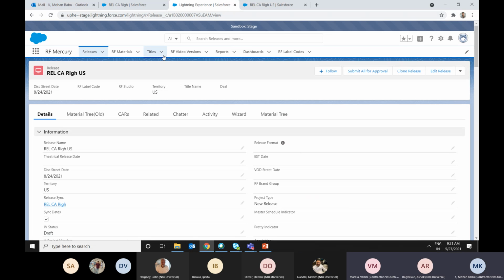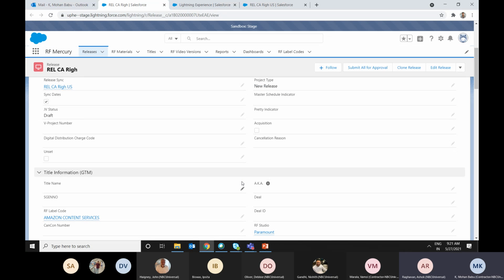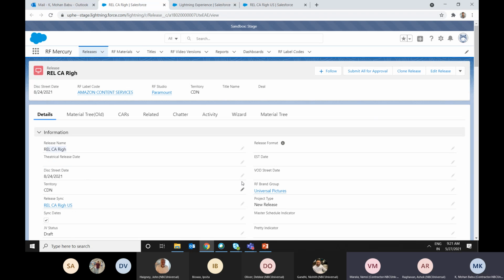You got it right. So can you go back to the release you cloned from? Does it have the brand group? Yes, it has. And this one, are you saying there is no release associated? No title associated. No title. Okay, got it. Yeah, go ahead. So this is how the clone functionality works. In this case, don't you think it makes more sense, yeah, they can change it, but while they're cloning it, it should still default the title.